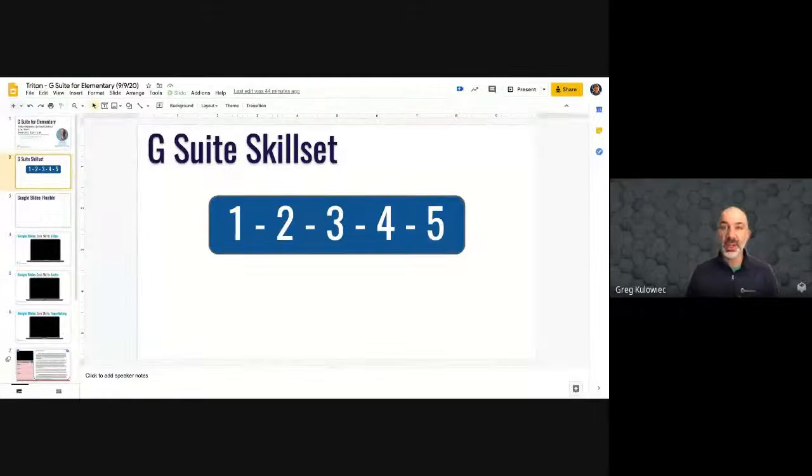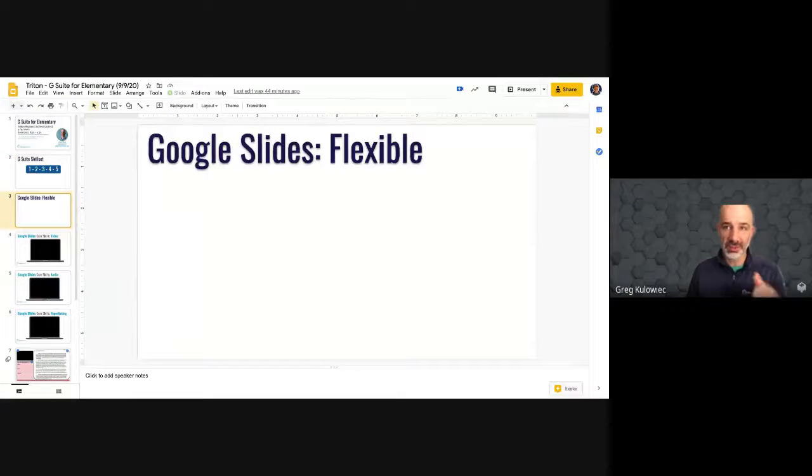with G Suite to make sure that we can get really comfortable with that tool and then start to think about how we can turn this into a really dynamic kind of remote learning experience for students. So the whole reason why I'm targeting this one is, I would say with almost every school I've